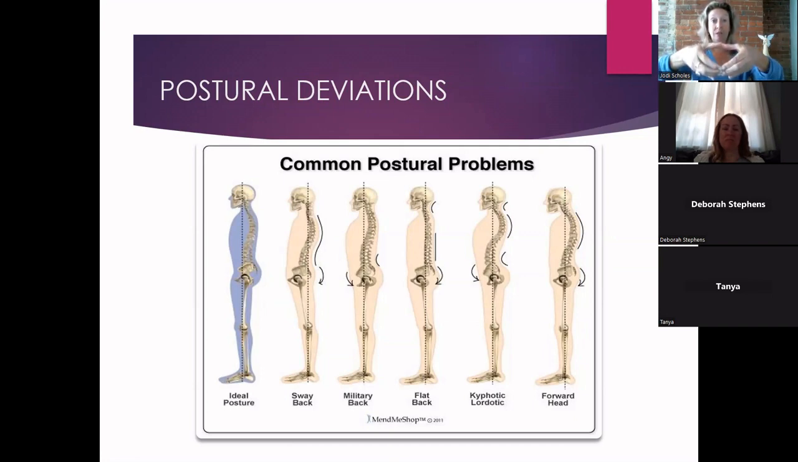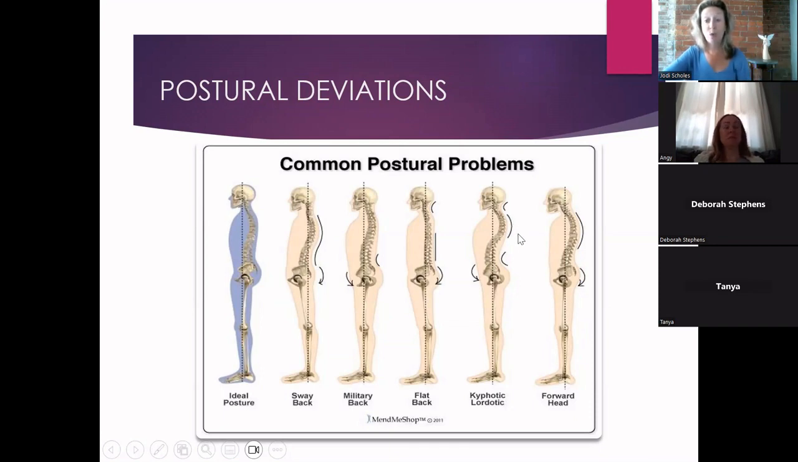Tailbone goes up, pelvis tilts forward. All right, then another postural deviation would be considered a flat back. We've got a kyphotic or lordotic curve. So